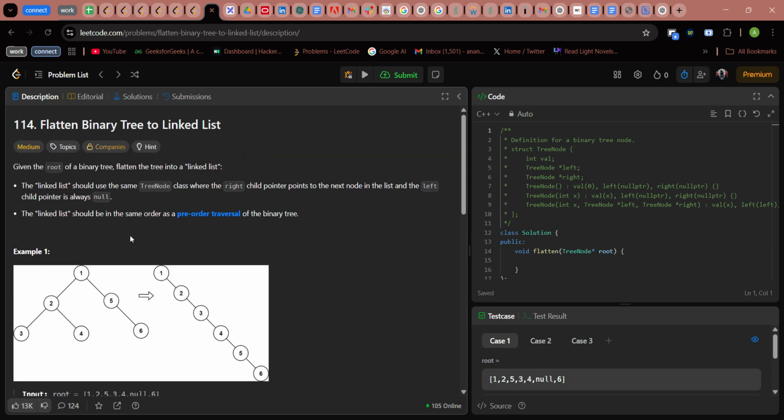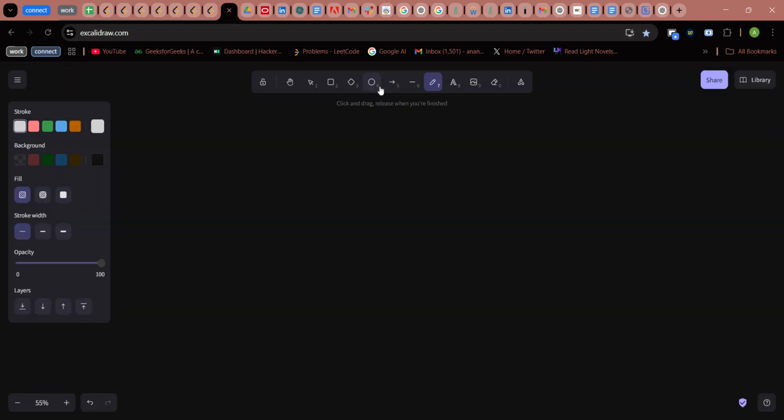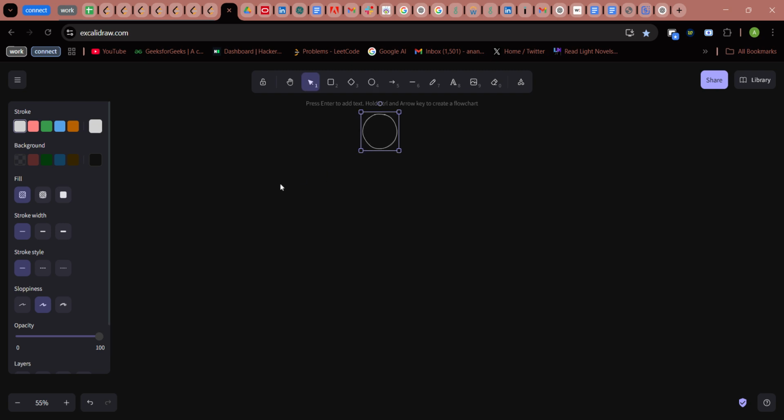Given the root of a binary tree, flatten the tree into a linked list. The linked list should use the same tree class where the right child pointer points to the next node in the list and the left child pointer is always null. 1, 2, 5, 3, 4, 6. Okay, let's draw this. We'll use circles. 1,